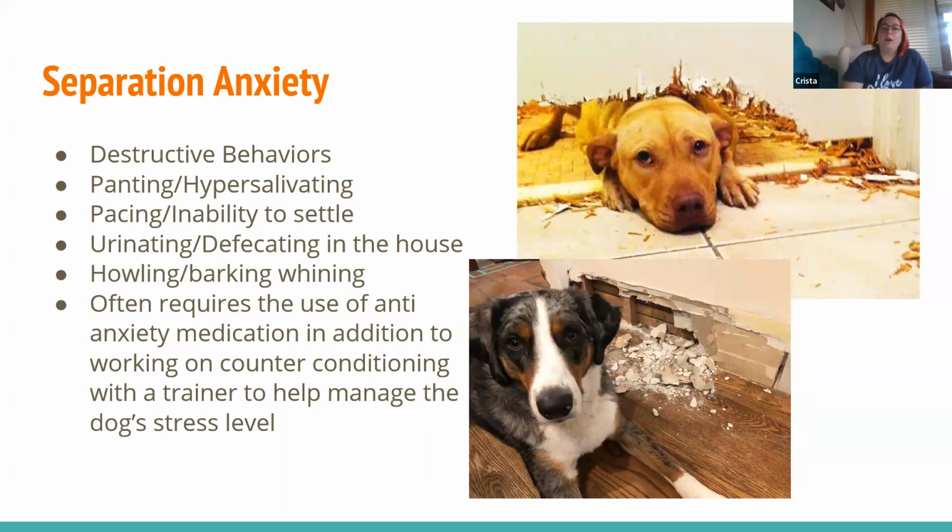Some of the other hallmarks are panting or hypersalivating when left alone, pacing or inability to settle, and using the bathroom in the house when they are otherwise housebroken. Howling, whining, and barking, yes, are included. But one of the points that you can look for to help you know if it is true separation anxiety or if it's something else is